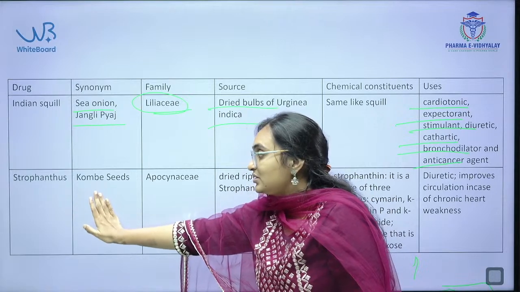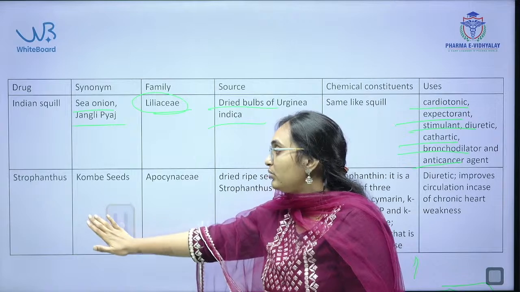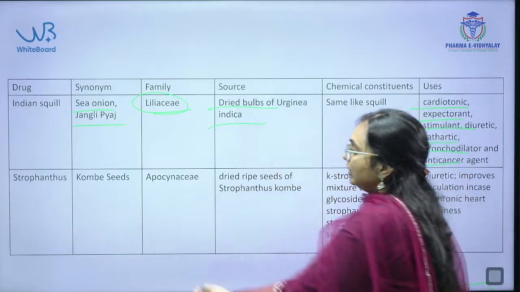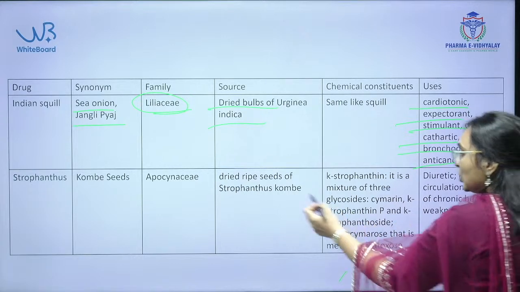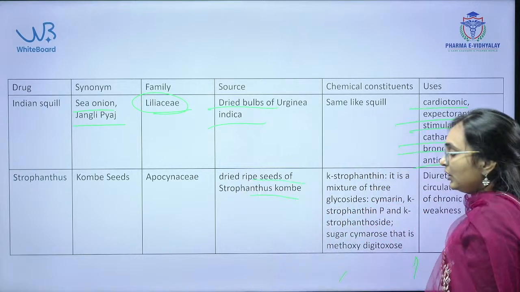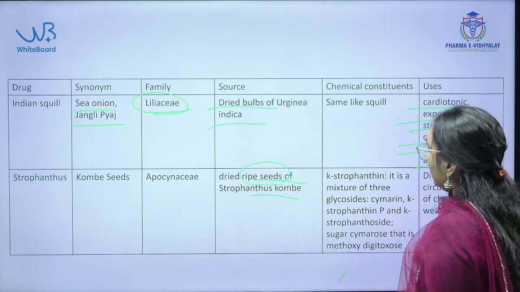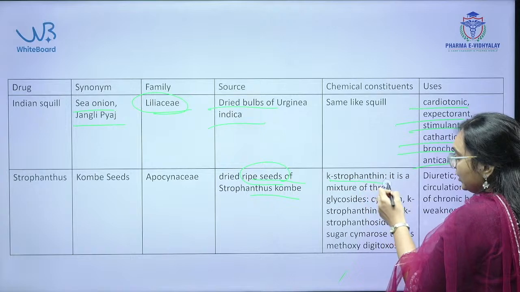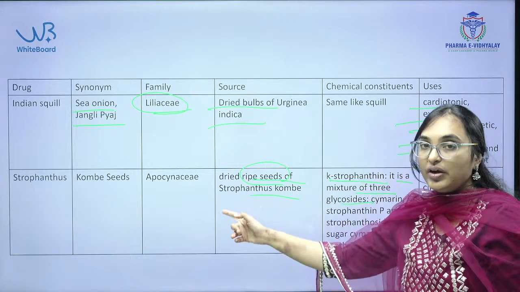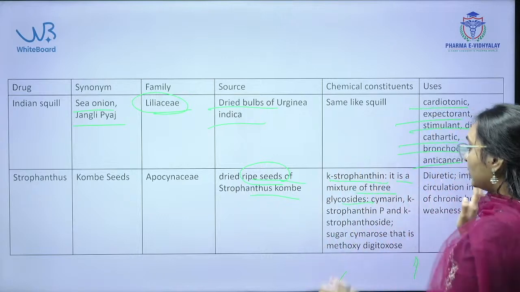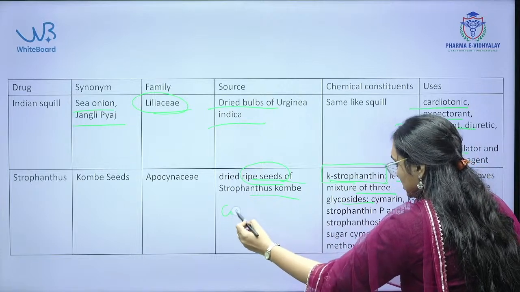Next is Strophanthus seeds, Strophanthus. Strophanthus consists of cardiac glycosides, belonging to the family Apocynaceae. Okay, dried ripe seeds of Strophanthus kombe. So, here also the source is seeds only. And you see here K-strophanthin, it is a mixture of 3 glycosides. So, the chemical constituent in Strophanthus is K-strophanthin. Okay. K-strophanthin is a mixture of 3 glycosides, cymarin